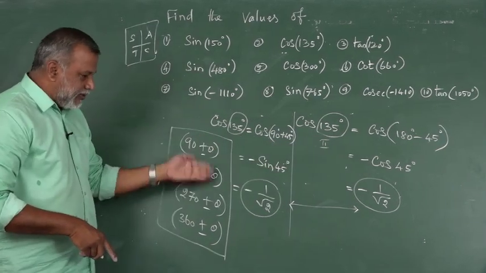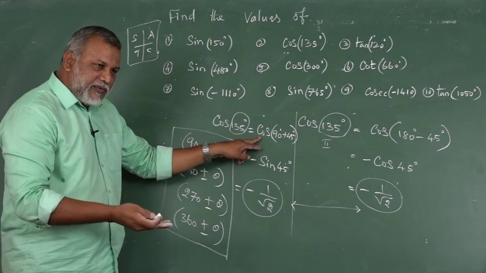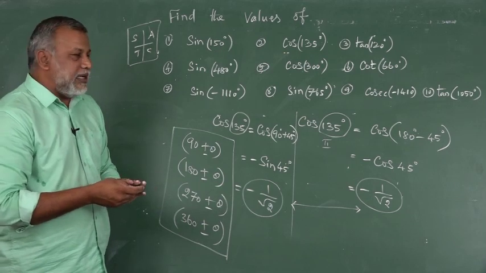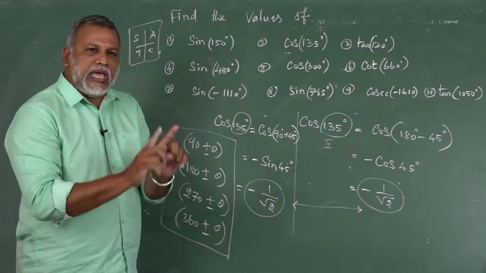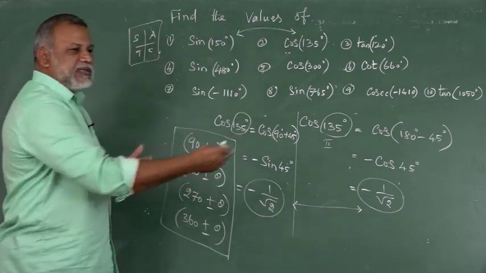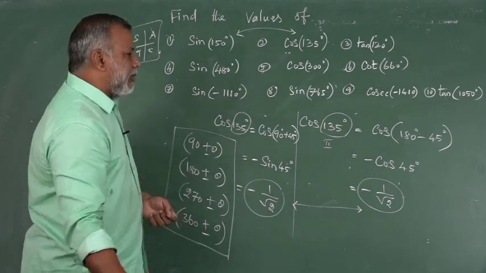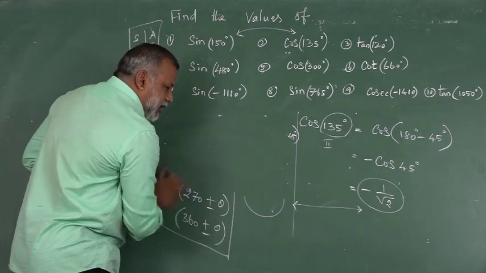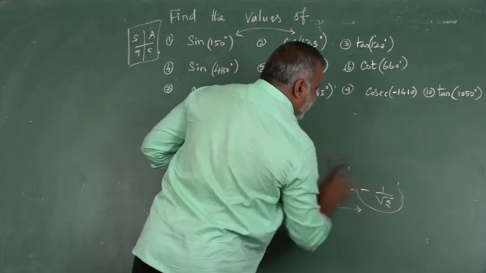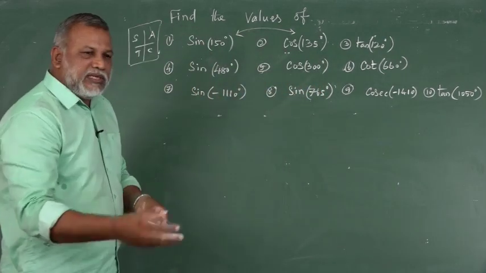So in the same formation, 90 plus 45, 9 means apply cofunction. What is the cofunction of cos? Sine. Instead of theta, 45. Then it also produces the same results. So hereafter use any one method. For these 2 examples, I am giving 2-way answering, and in 2 ways you are getting the same answer. Hereafter apply only one method. Which method is more convenient? 18 plus or minus, or 36 plus or minus. Hereafter use like this.